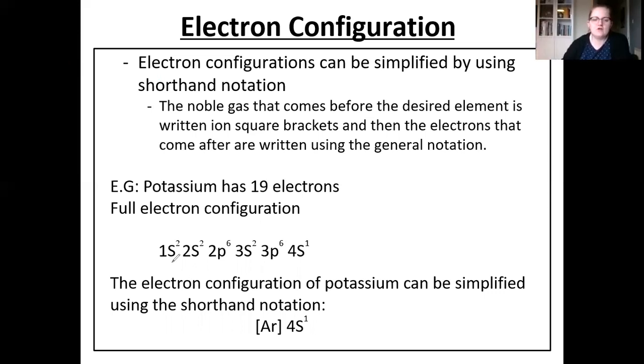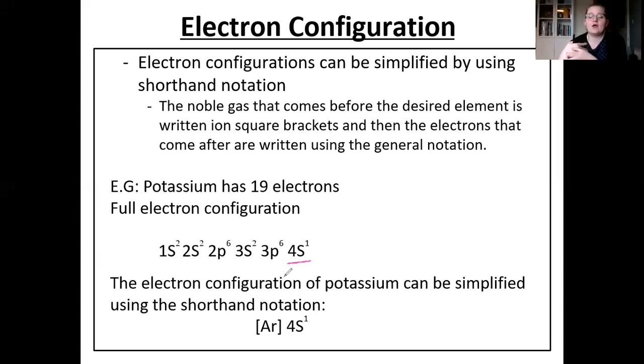1s2, we fill, then we go up to the next energy level. 2s2, that's full, go up to the next orbital. 2p6, that energy level is now full, go up to the third energy level. 3s2, that orbital's full. 3p6, and then remember 4s comes before 3d, so we have 4s1. So that is our full electron configuration when we write out every energy level, every orbital, and how many electrons are in each